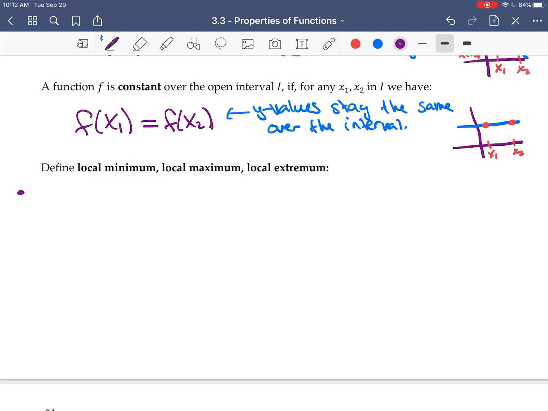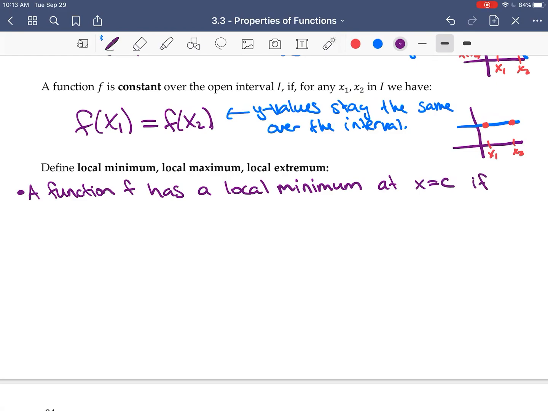So first of all, a function f has a local minimum at x equals c if there is an open interval containing c so that